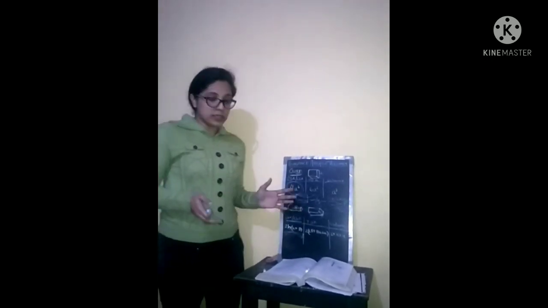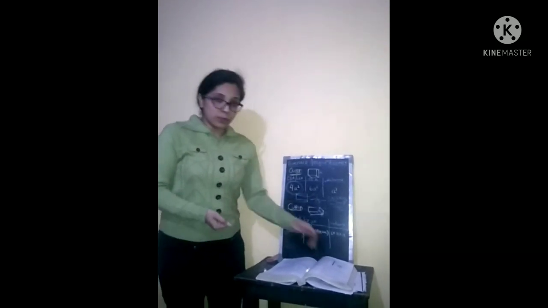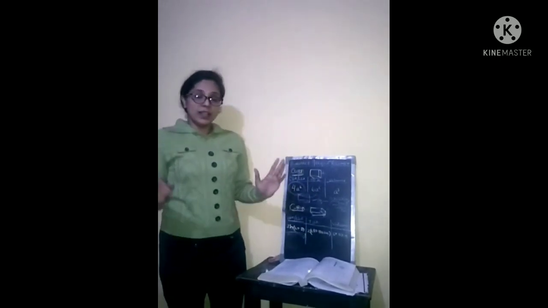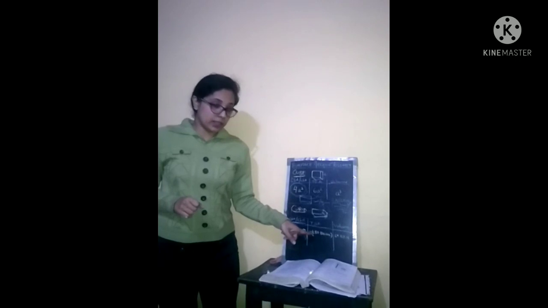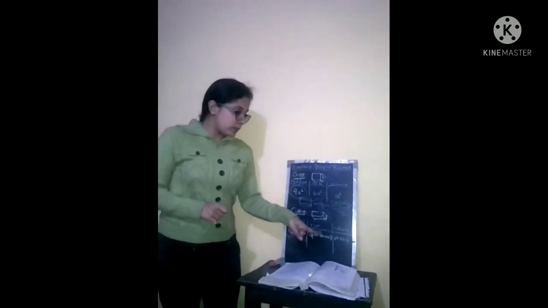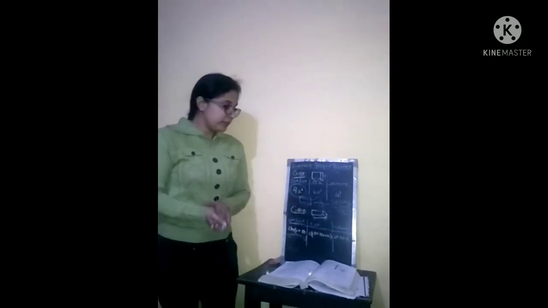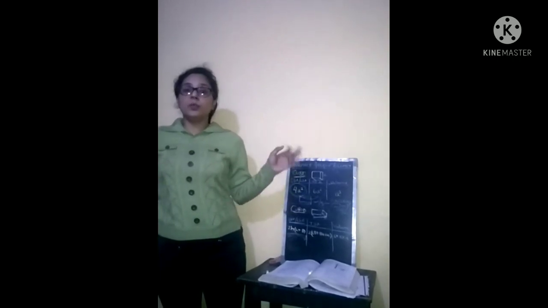Now come to the total surface area. Total surface area is calculated by this formula. This formula looks very lengthy, but it is not. It is very simple to solve. It is twice of, in the bracket, length into breadth plus breadth into height plus height into length. This is the formula. And the volume is calculated by the formula of length into breadth into height.